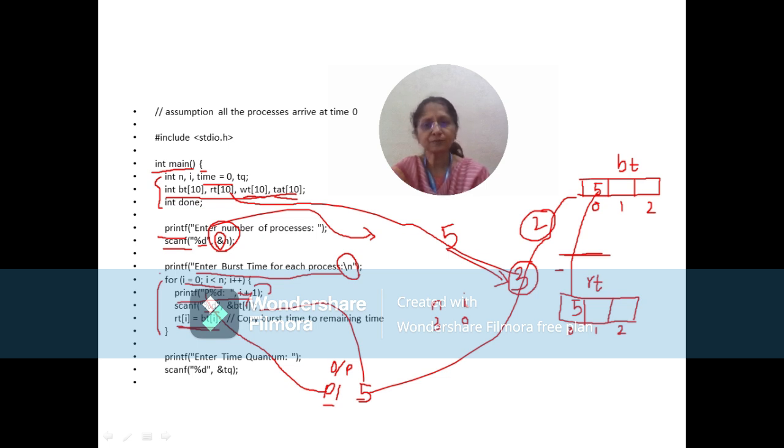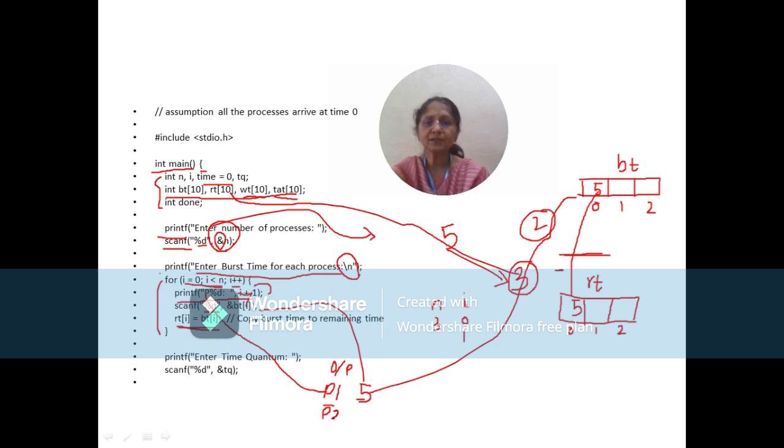Control goes back to the for loop and comes to i plus plus. The value of i is incremented by 1, so it becomes 1, 0 plus 1. Then it checks the condition. Is 1 less than 3? Yes. Once again we enter the body of the loop and it prints P, and i plus 1 is 1 plus 1, which is 2.